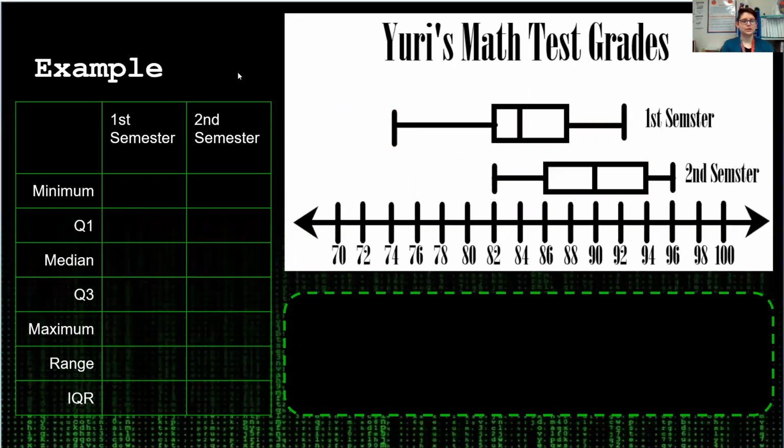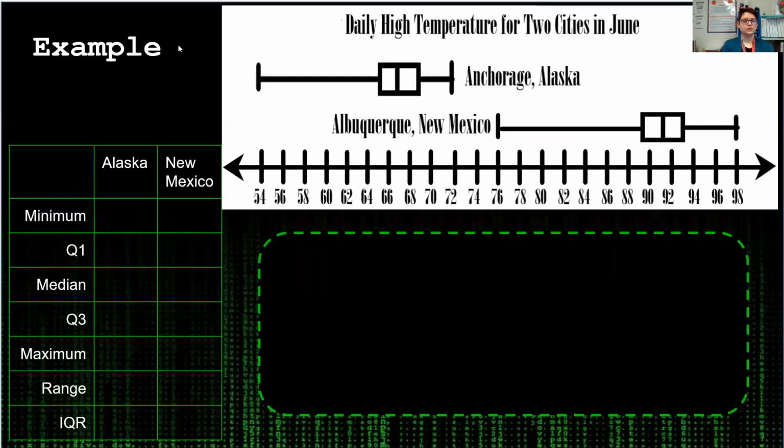Okay, let's look at another example. So we have the daily high temperature for 2 cities in June. We're looking at Anchorage, Alaska, and Albuquerque, New Mexico. So let's go and fill in our data for both of these cities. Let's start with